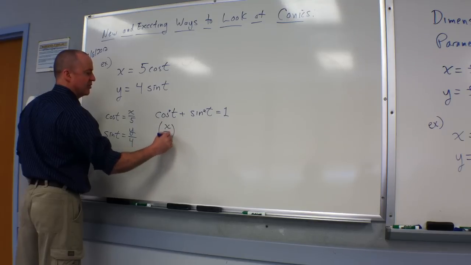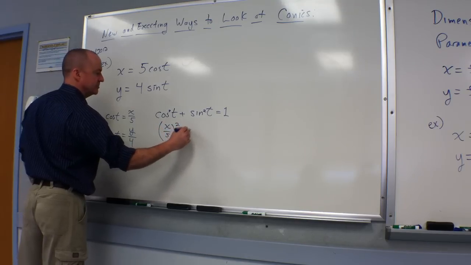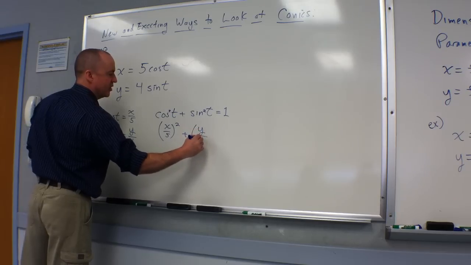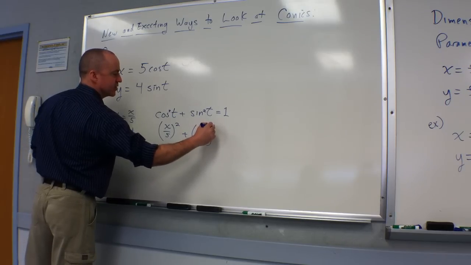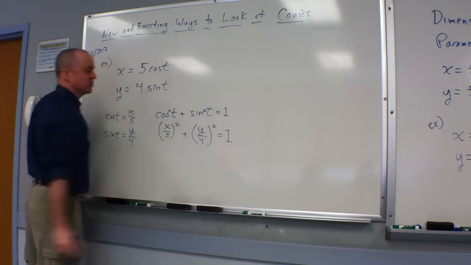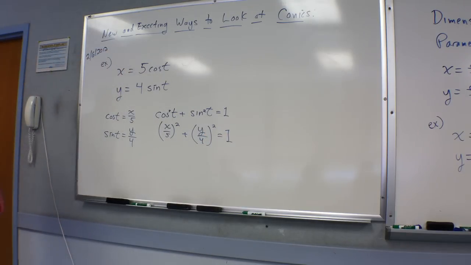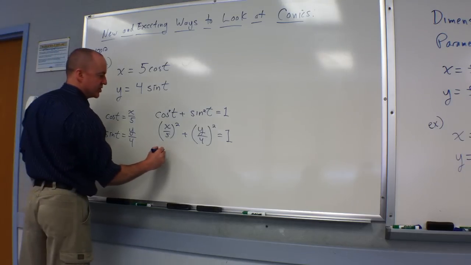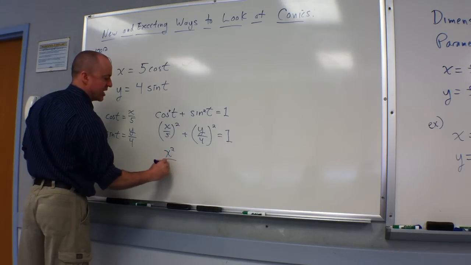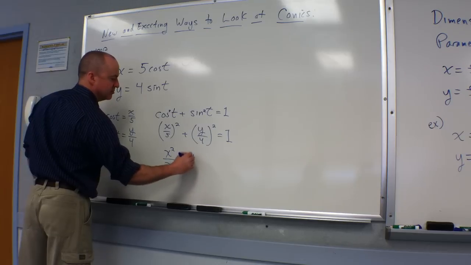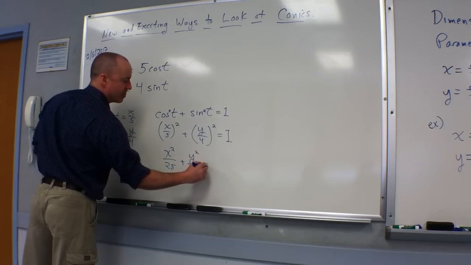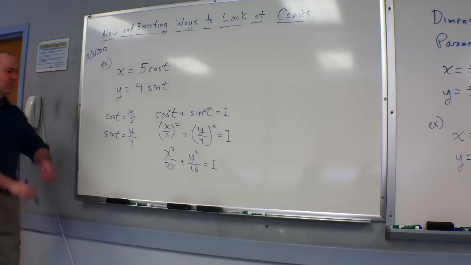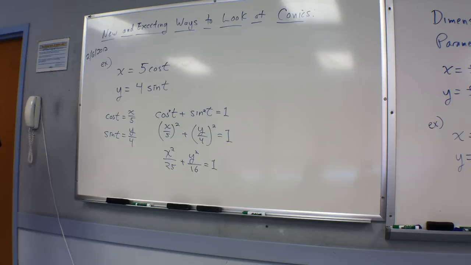It's going to be x over 5 squared plus y over 4 squared equals 1. Which is going to become, since you can square top and bottom of a fraction, x squared over 25 plus y squared over 16 equals 1, which we know from last week is an ellipse